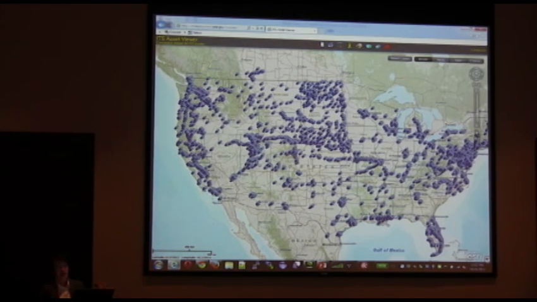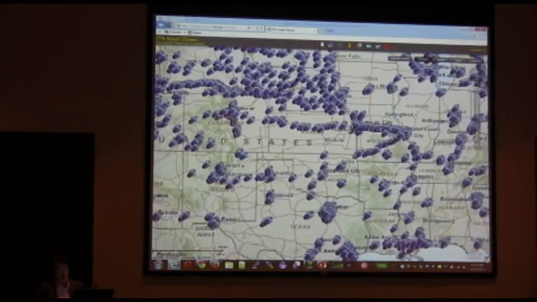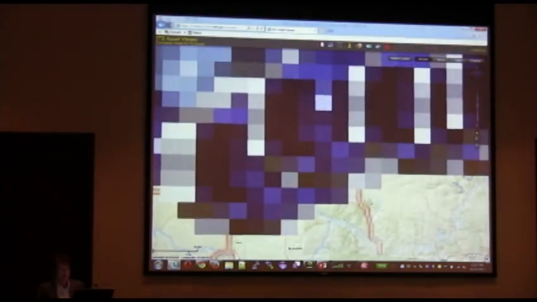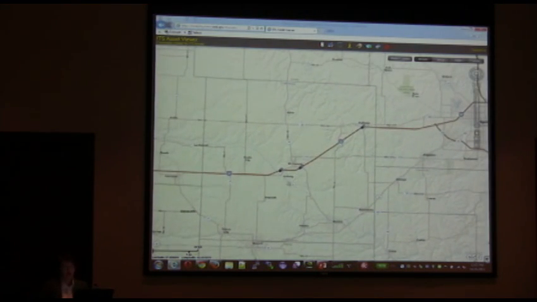What I have up here, just to whet the appetite a bit on visualization of ITS type assets, is a tool that ORNL has developed in concert with JPO, taking a database that we've maintained for many years on tracking ITS assets in all the states and the metropolitan areas, and displaying it visually. What we're showing here are all the camera locations. I think you can see the URL up above here if you'd like to get into this and play with it later. You can drill down into areas, and one of the things that in terms of decision support that this is particularly good for is this resolution. You can actually begin to see your locations